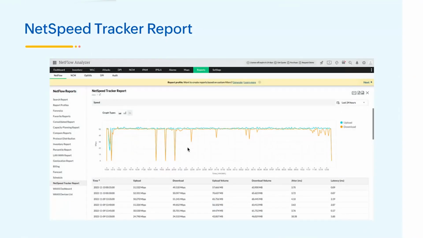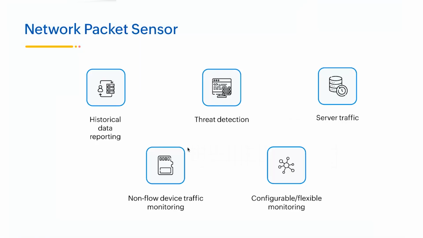You can also track metrics like variation in packet arrival times and delays in data transmission, that is jitter and latency, to analyze performance issues. You can also use the data gathered by NetSpeed Tracker to make informed decisions about internet service provider selection, bandwidth upgrades, and capacity planning for future needs. On the big picture, by consolidating all three different monitoring services, this helps you leverage historical data reporting, threat detection, server traffic monitoring, non-flow exporting devices, and configurable or